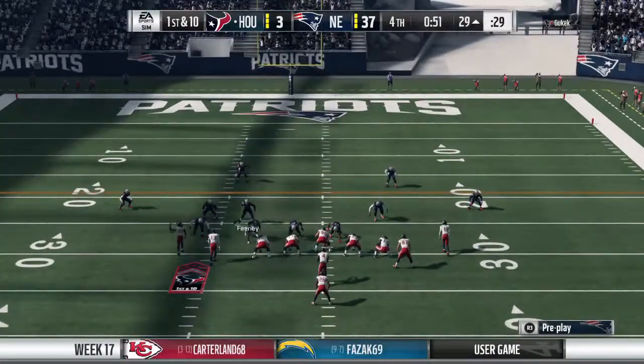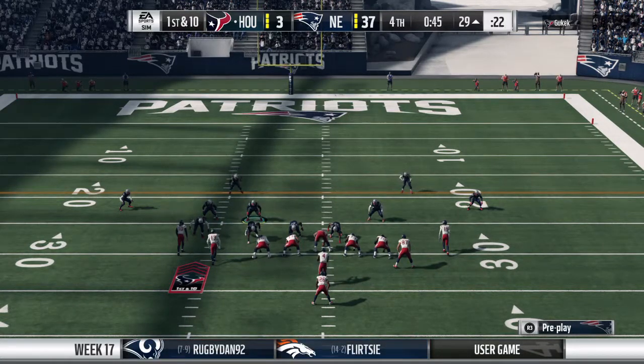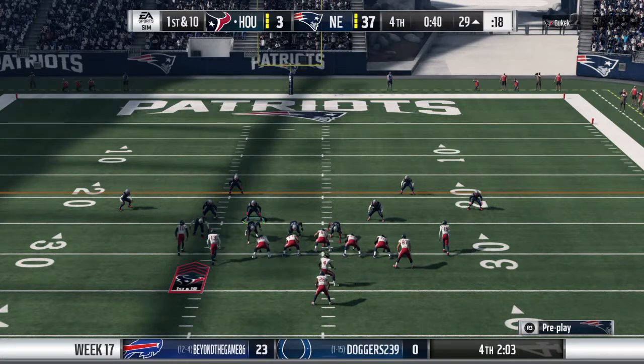Brand 38. Brand 38. Ohio. Let's go. Brand 38. Brand 38. Flex round. Come on, let's go. Brand